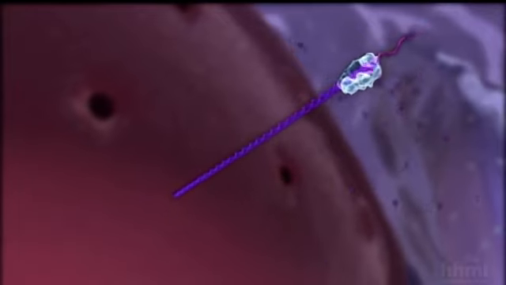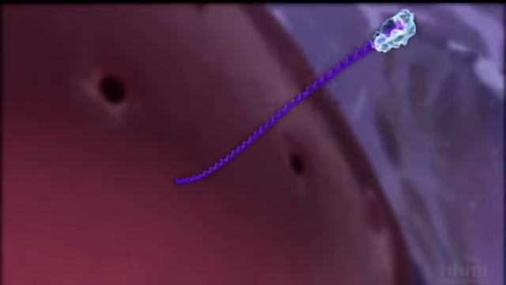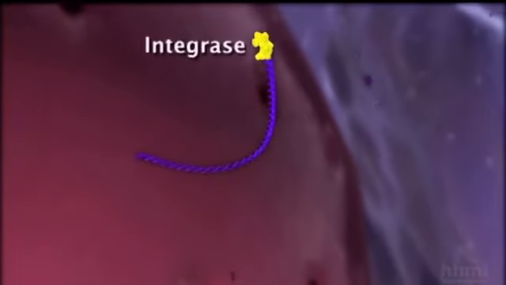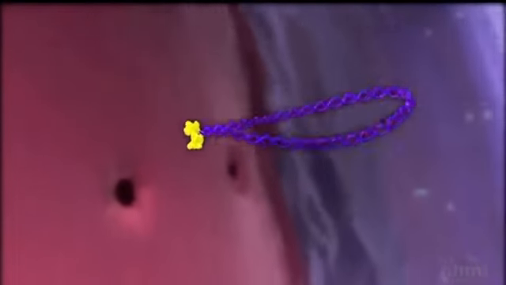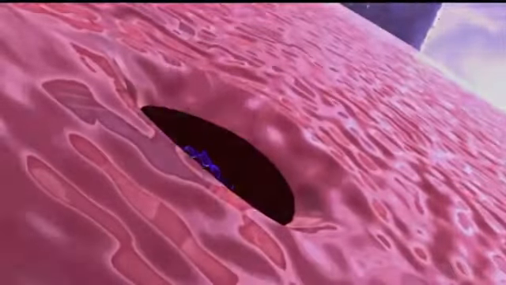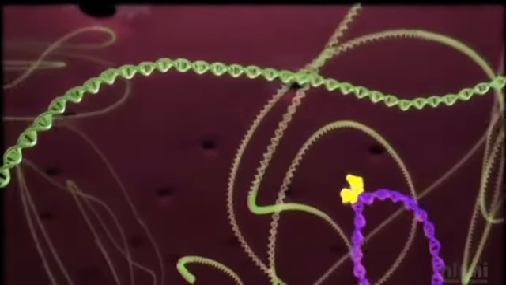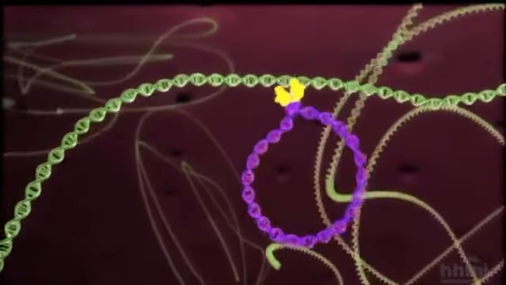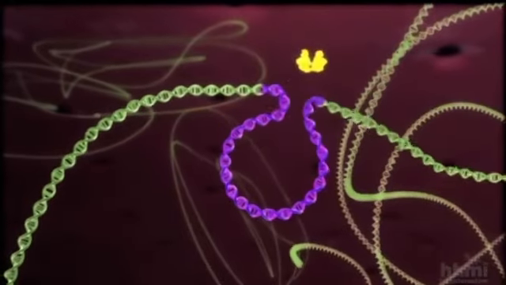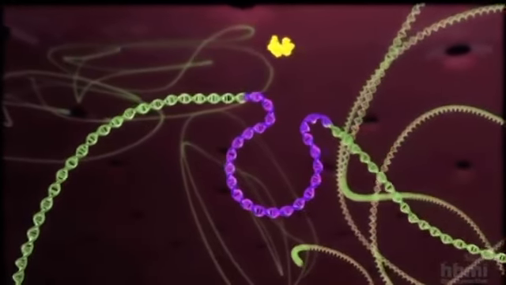At that point, another enzyme that has come in with the virus in the beginning, called integrase, essentially grabs hold of that double-stranded DNA and carries it through a nuclear pore into the nucleus of the cell. Within the nucleus of the cell, it finds the host chromosome, and the integrase enzyme makes a nick in the host DNA and allows for